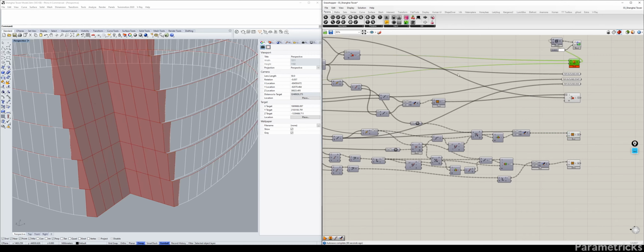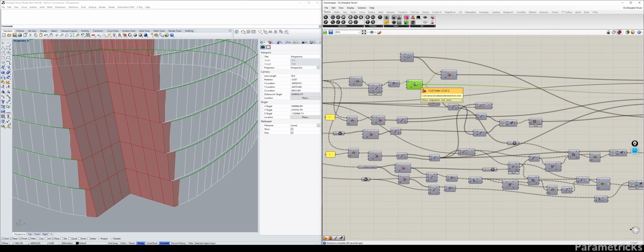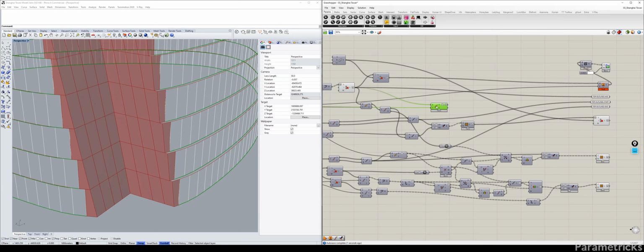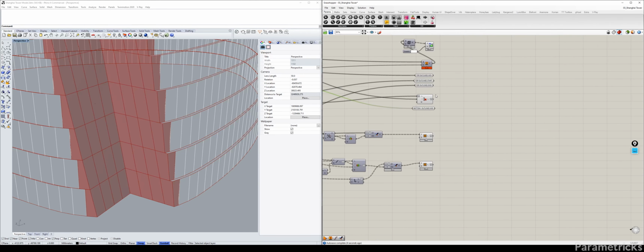So to continue on, I think I might have to do a move. So I'm just going to move that, and that one, I'm just going to move this one down so that I can have the bottom curve, right? So I'm just going to copy this one. I'm just going to come in here and give it a name. I don't need to graft and flatten, simplify that, so I'm just going to get rid of those. I can do that on the other end where I'm going to be using these